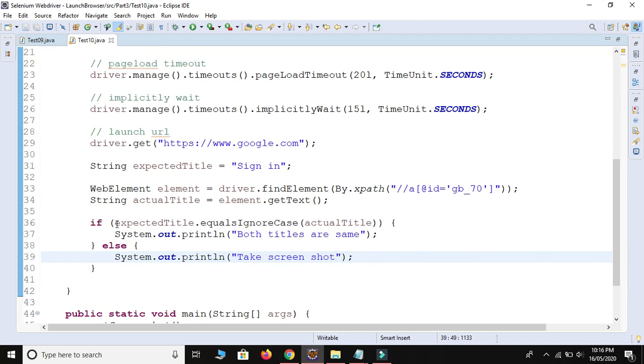If the expected title and actual title both are same, then it will print both titles are same, otherwise it will print take screenshot. Let me run this code.